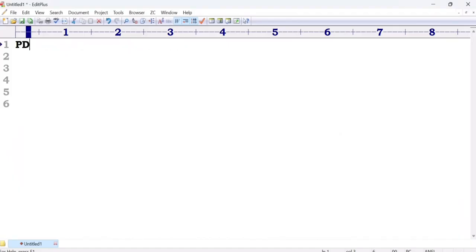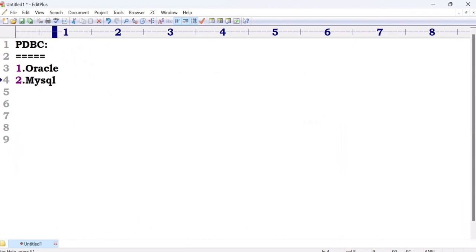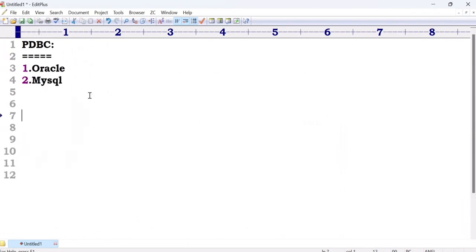So yesterday, Python database connectivity: by using a Python program, how to connect to Oracle and how to connect to MySQL, both are done. So now the concept is